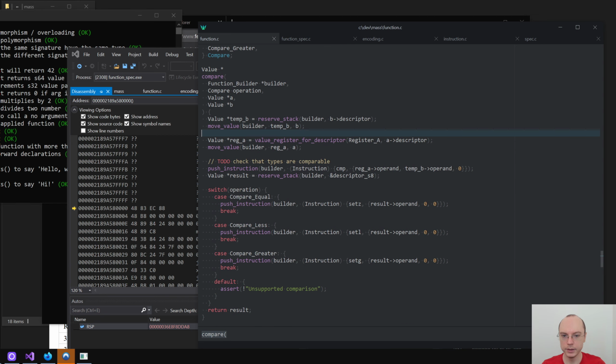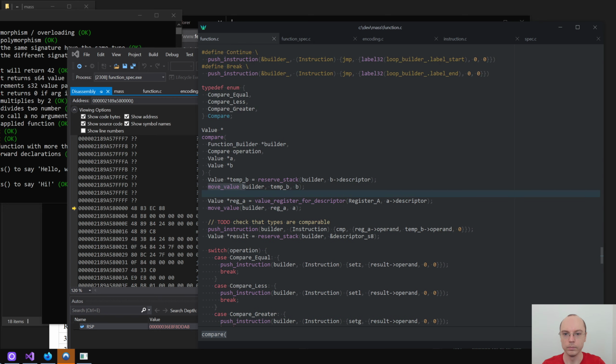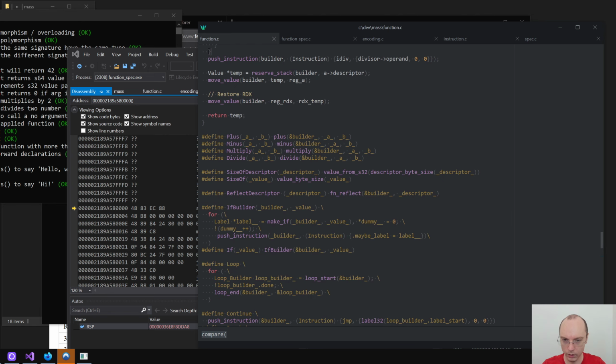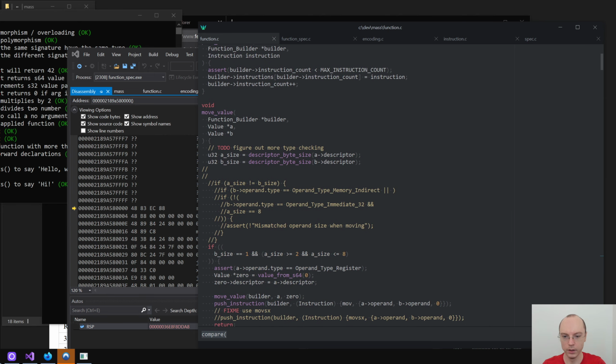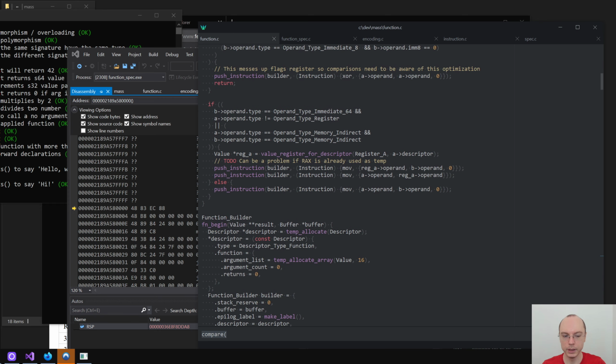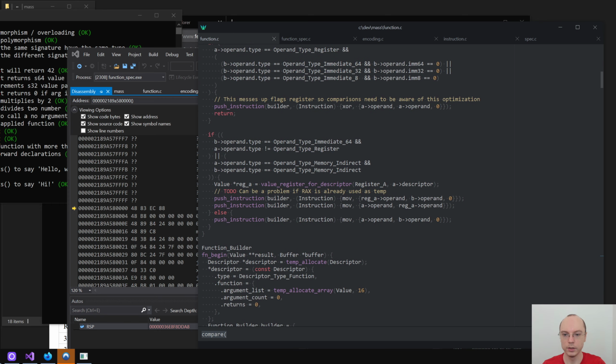So it creates a temp B, and then this temp B is... So here's what's going on. Let me go to move value. What's going on is we end up in this case,